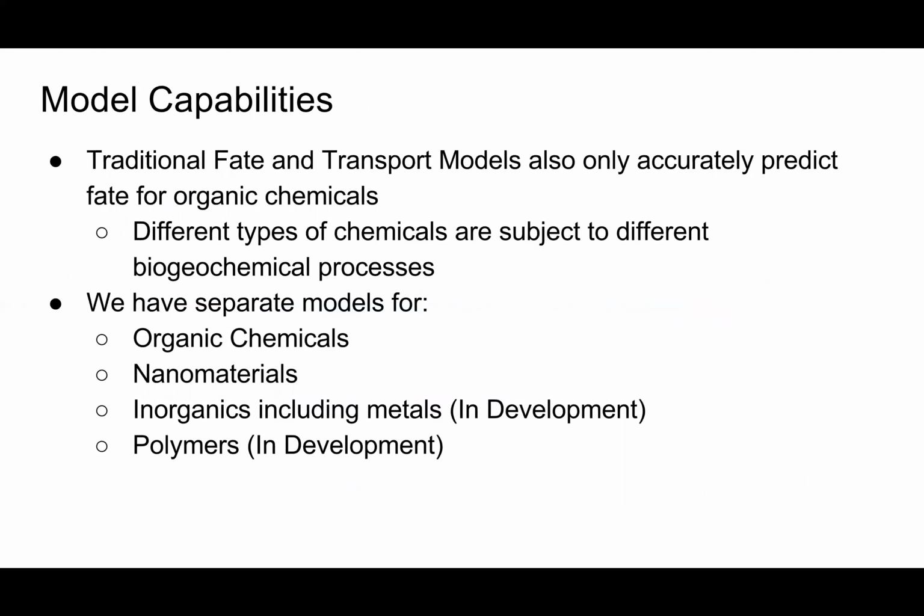So Phaeton transport models are built around the premise that certain processes occur for chemicals in the environment. This means that most of them really only work for organic chemicals. However, there are a number of other types of chemicals that can undergo different biogeochemical processes when they're in the environment, which means that all existing Phaeton transport models aren't going to accurately predict, say, the fate of inorganic chemicals, metals, polymers, or nanomaterials. For this reason, we have developed a series of separate models, some of which are still in development, for each of these chemical categories so that we can provide accurate predictions of chemical fate in the